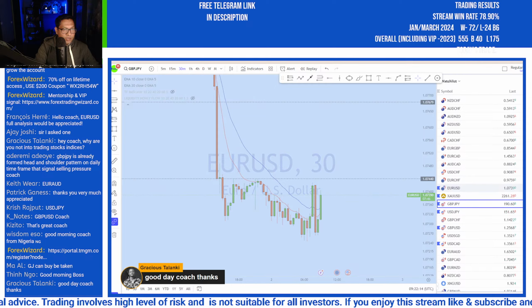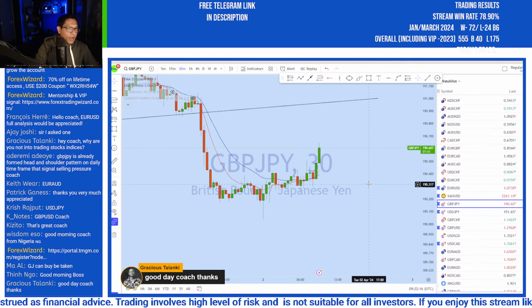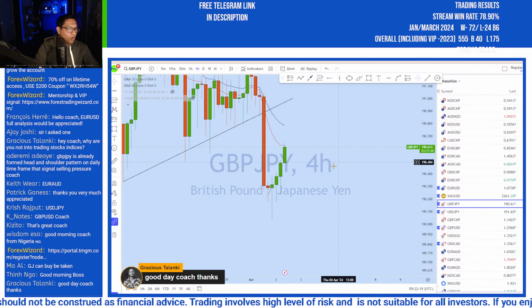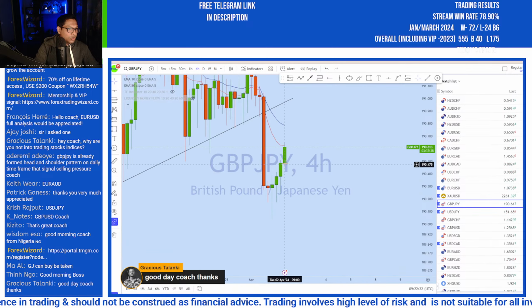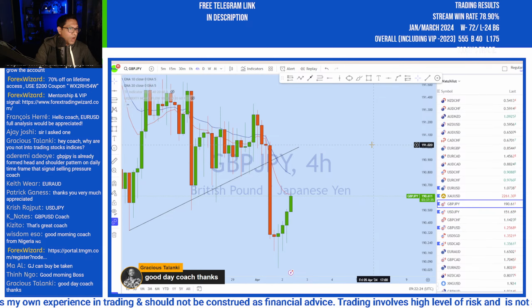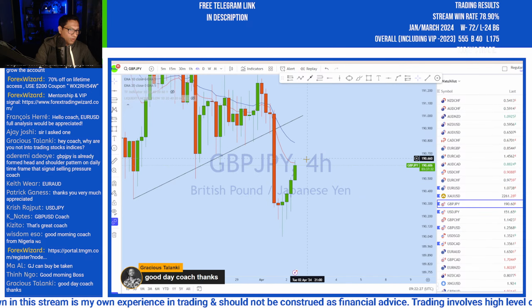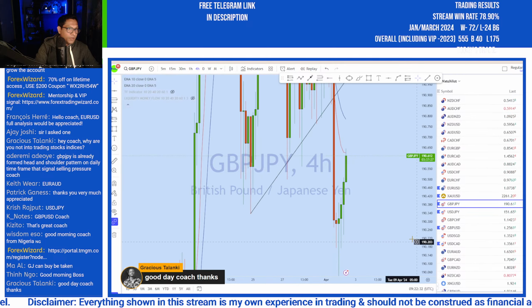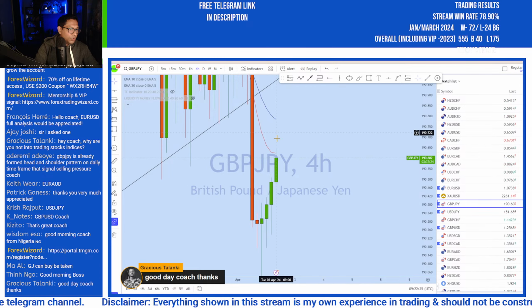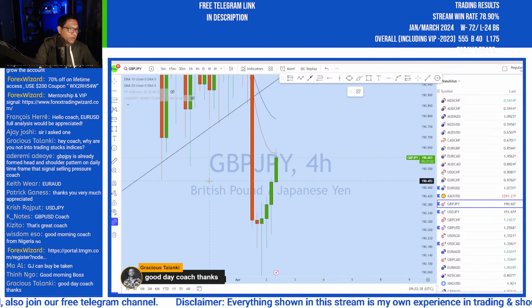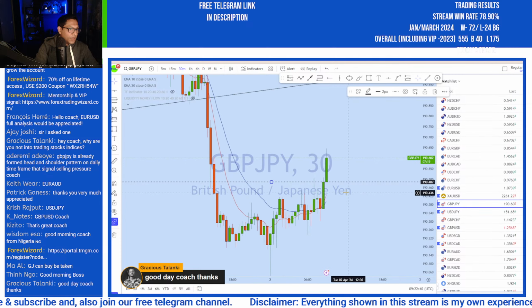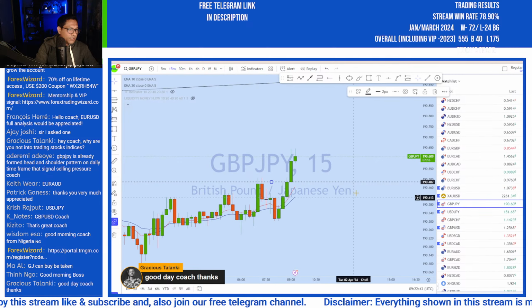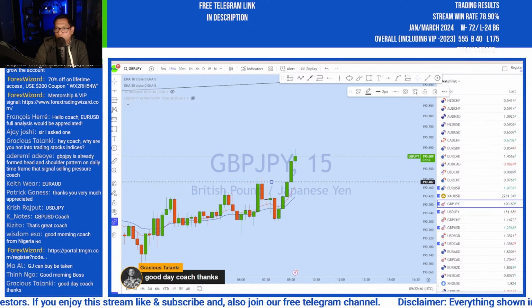Okay, so for GJ, we have seen there is a move. At the moment, I will be waiting, because you see it's slowly bouncing, and that might take this price to the 191 level. I would like to see the price test the support properly from the 4 hour. Once the candle opens, we see there is a bounce, so it might drop back to this support again at some point. With the retest of the support after this pullback, we will be looking to enter. GJ is trending, and we will be looking to enter as soon as we find an entry opportunity.